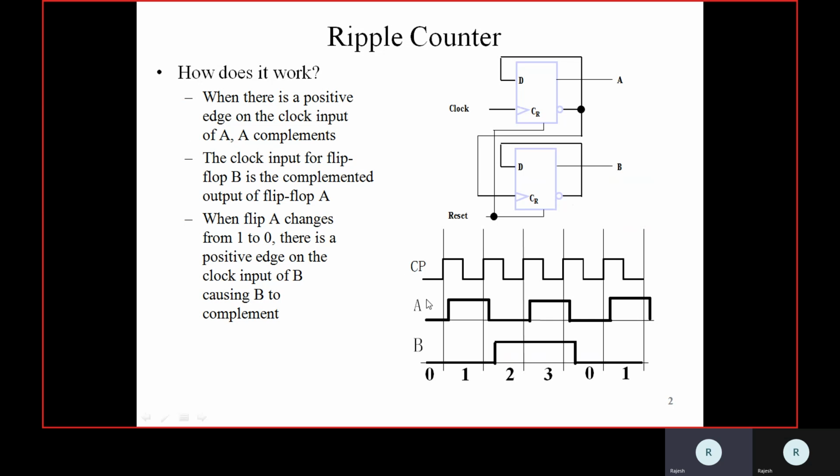So there is a transition from 0 to 1. This will remain until the next clock transition. The next clock transition is 0 to 1. When again there is a clock transition from 0 to 1, the output will change from 1 to 0, because A is already 1, which means A bar is 0. This 0 is fed again as input to the first flip-flop. And whenever there is again a clock transition, this 0 is fed to the output,